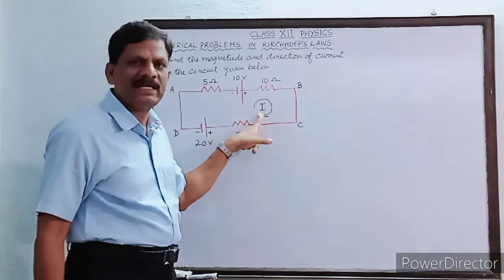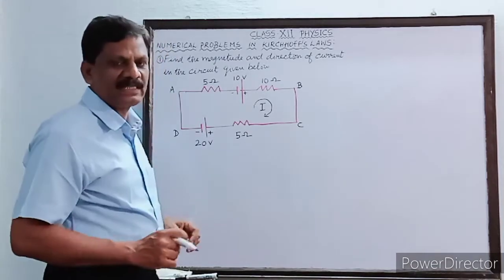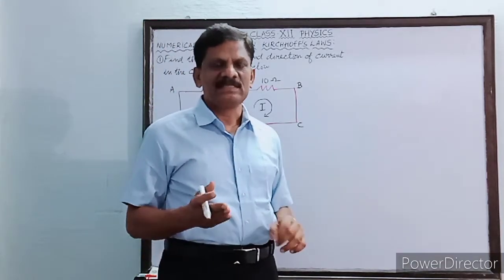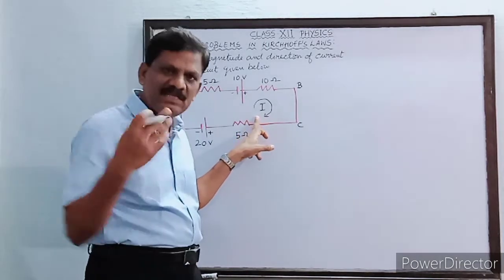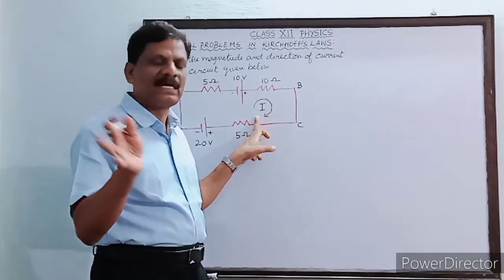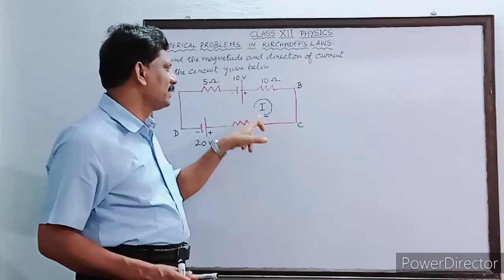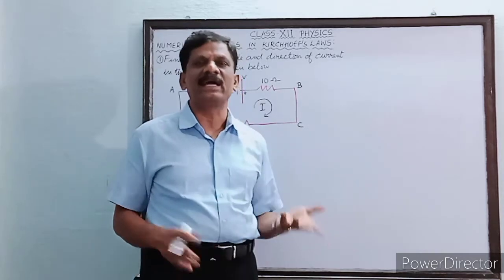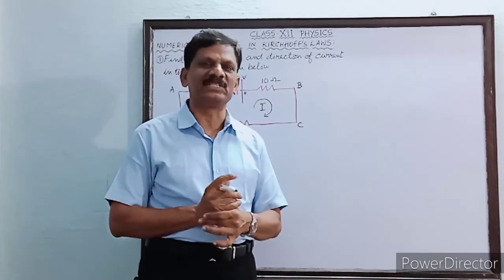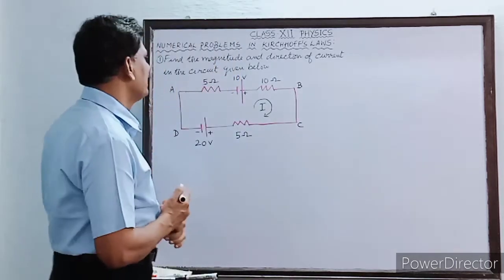So what is I here? I is the current. In which direction is it assumed? The assumed direction may be true or false. Suppose you assume that current is flowing in the clockwise direction and get a positive value of I, then the actual current also is flowing in the clockwise direction only. Suppose the assumed direction is clockwise, but the value comes out negative, then actually the current must be flowing in which direction? Anti-clockwise. Okay students, now let us see that.